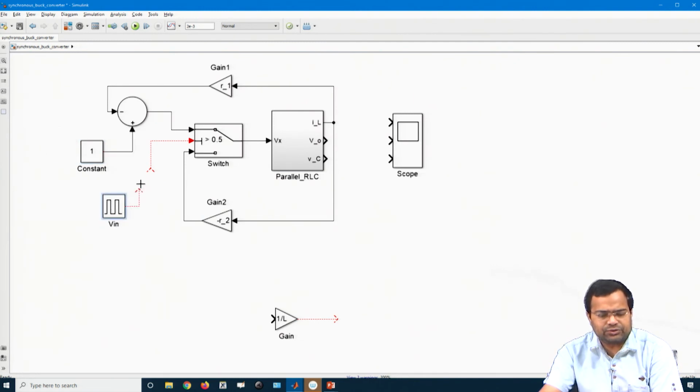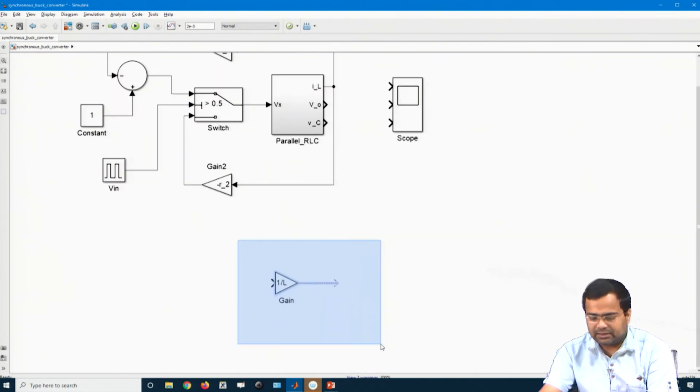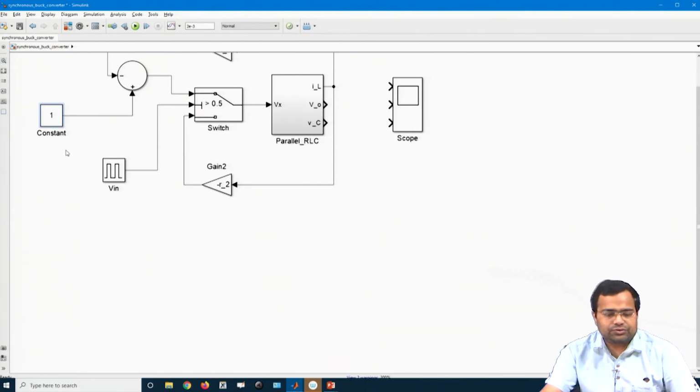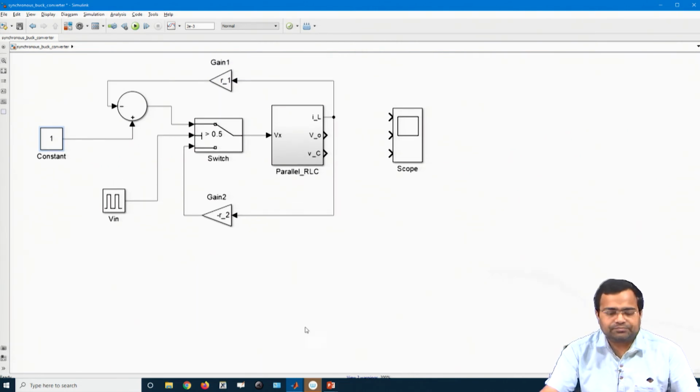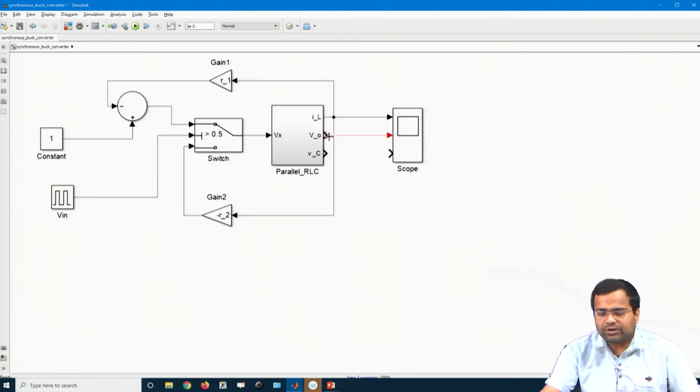And we can use a switch block here, for generating the gate signal, and there we go. Now we have all sorts of blocks. We need to see the output voltage, we need to see the capacitor voltage.